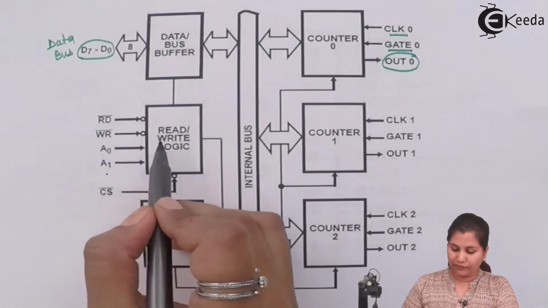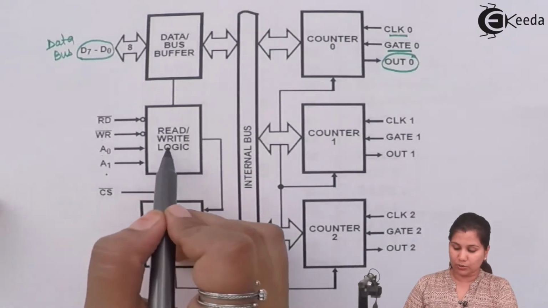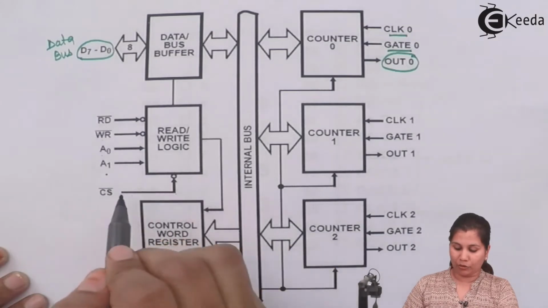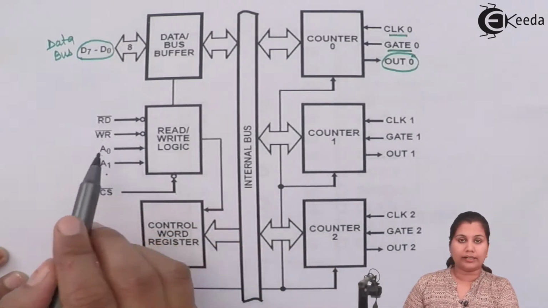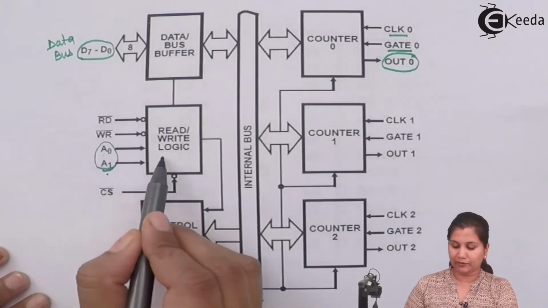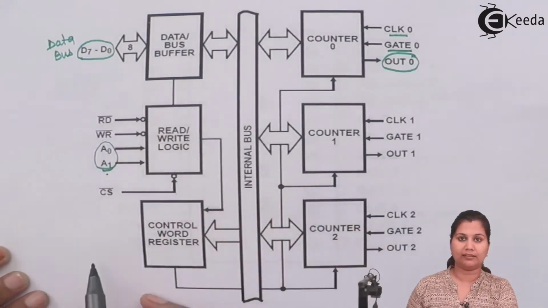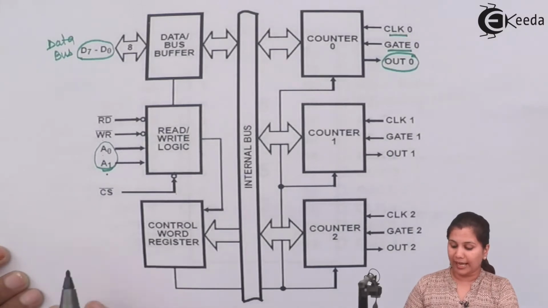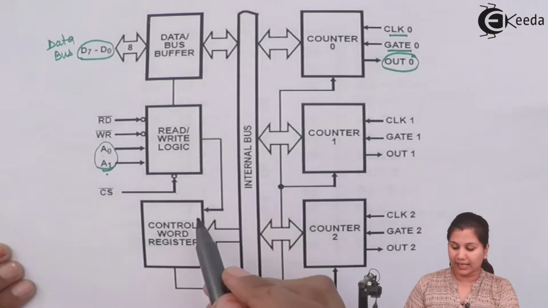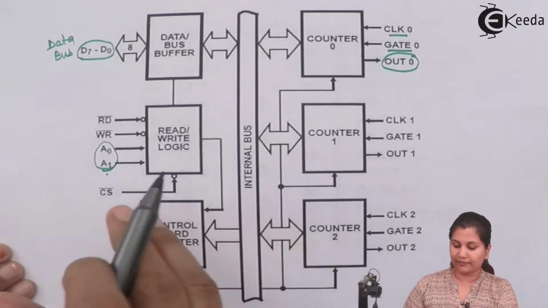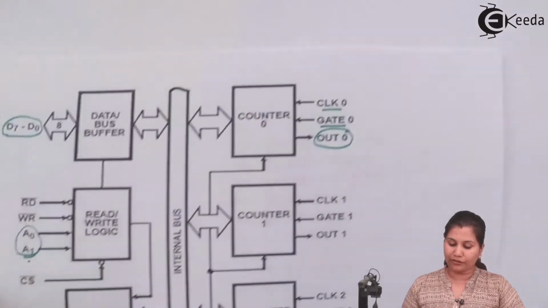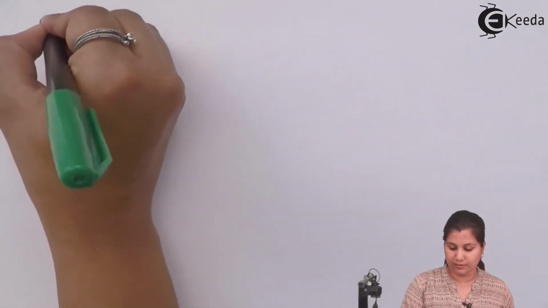So the function of this read write logic is to accept the data from the control bus and also from the address bus. From the address bus, A0, A1, it is getting which internal register it has to select, and then it also generates the control signals, and these control signals are given inside the IC. So the function of the read and write control logic